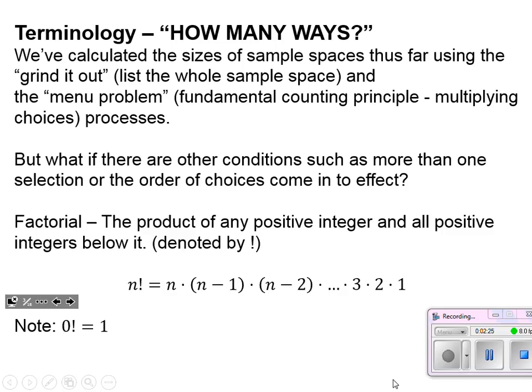Now you may have heard of this, but if I want the factorial of a number, I take the product of that integer and then all positive integers below it. And it's shown with an exclamation point. So you can see down below, if I wanted to take n factorial, I would take n times one number less times another number less all the way until I get down to times 1 at the very end. In certain cases you will come across a 0 factorial, and by definition 0 factorial is equal to 1. That completes our definition for a factorial, so we must have that little disclaimer there.